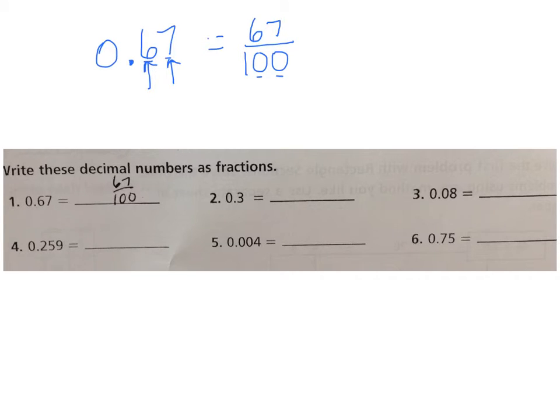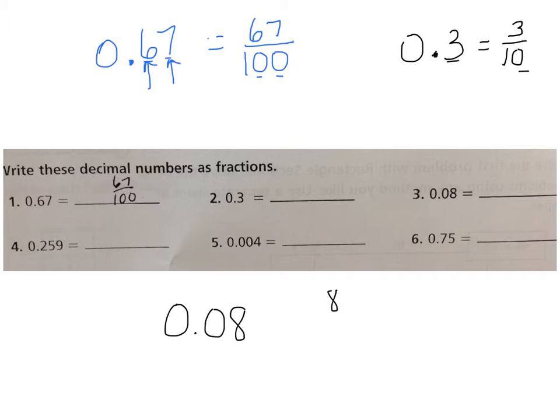So for our second one, we have ones, tenths. So we can say that 3/10 as a fraction is written as 3/10. And again, we have 1 zero and 1 place value over from the decimal point. Number 3 has ones, tenths, hundredths. So we have 8